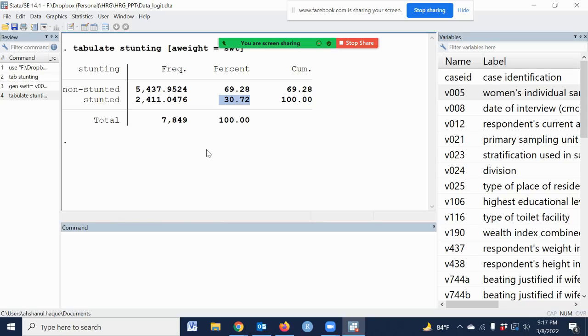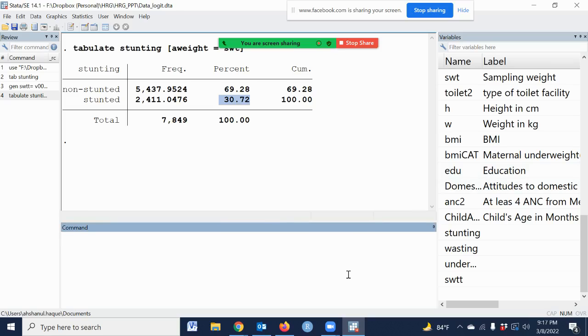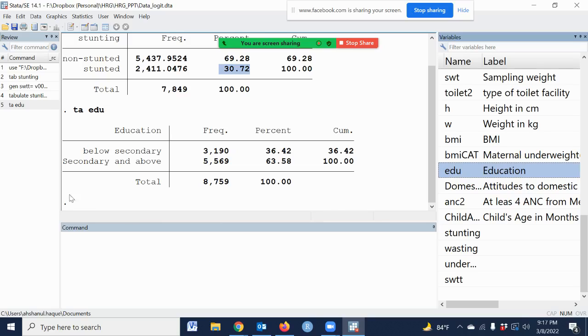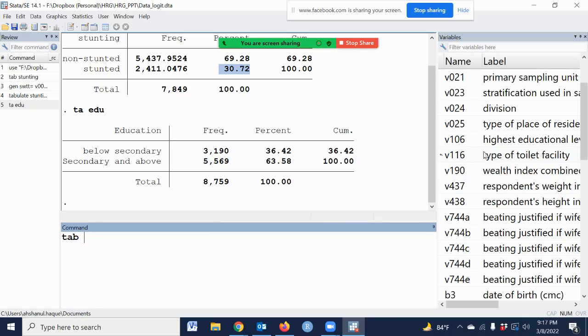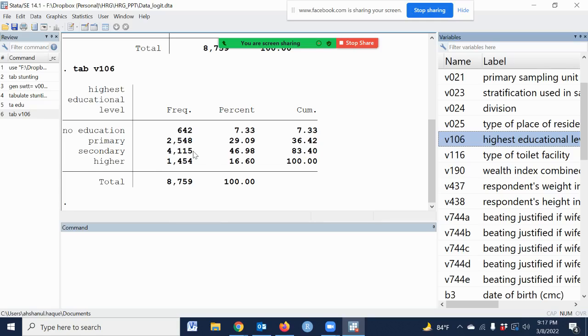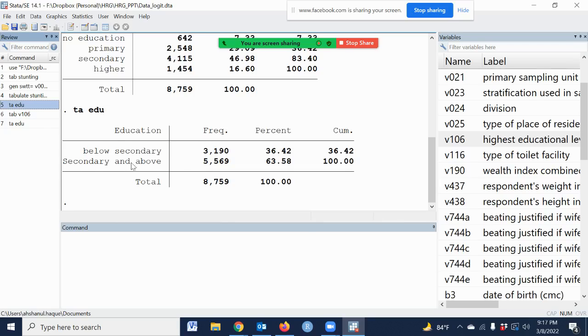And our objective is to assess the determinants of stunting, or the association between stunting and several variables such as place of residence, maternal underweight, maternal education, child sex, etc. Here, I have created a new education variable using the main education variable, 106: below secondary or secondary and above.